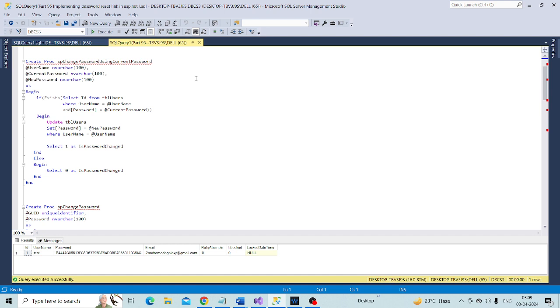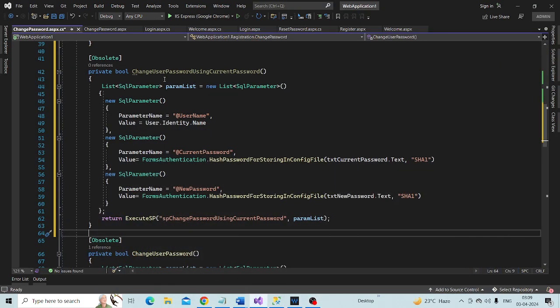So I'm going to name my function accordingly, as you can see here. So I'm going to call this function private change user password using current password, and those are the parameters, as you can see. Three parameters are there,